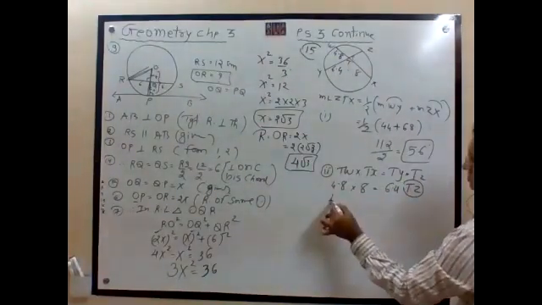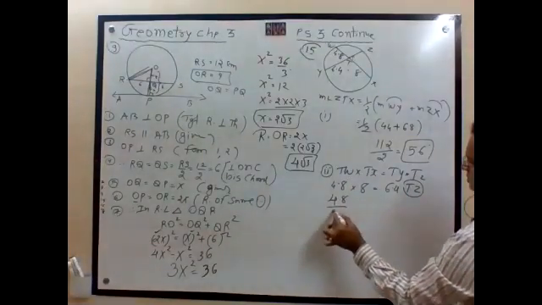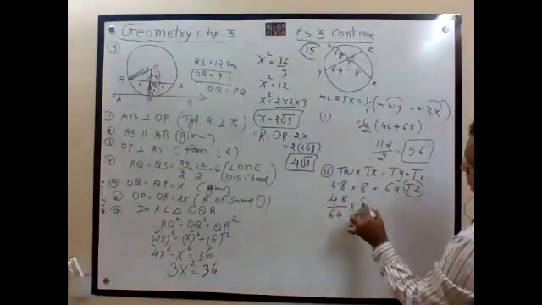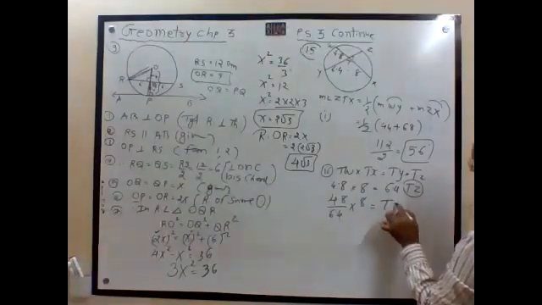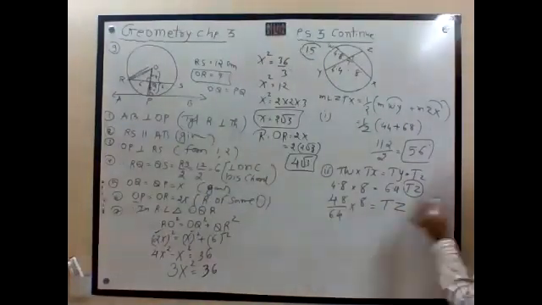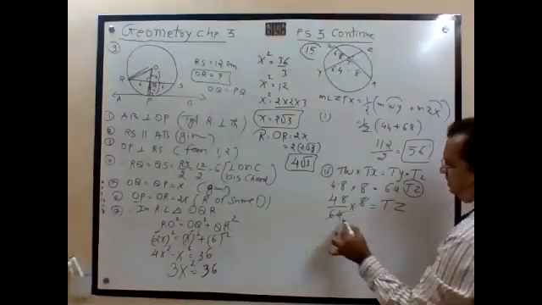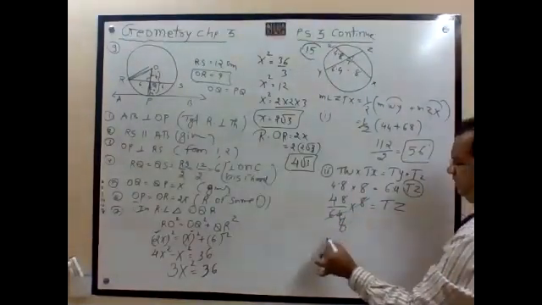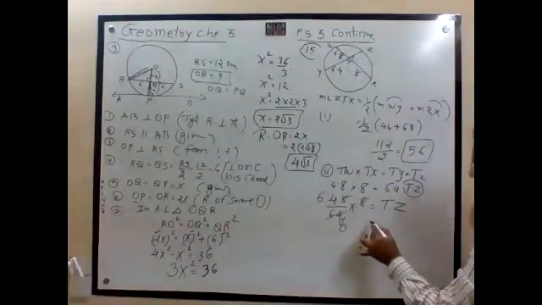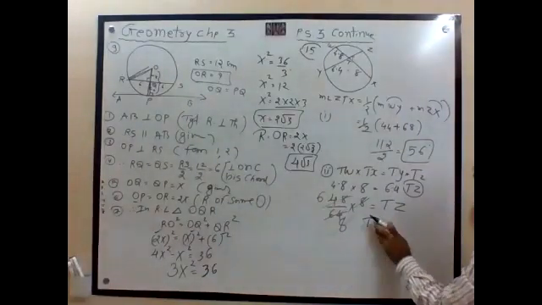This will go down: 48, 64 into 8 over TZ. The decimal I have cancelled. 8 8s, 8 6s, so TZ